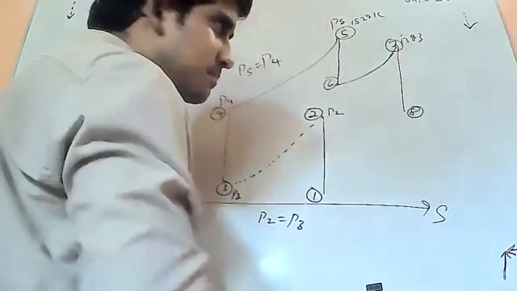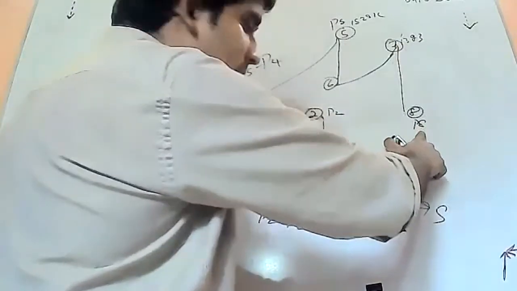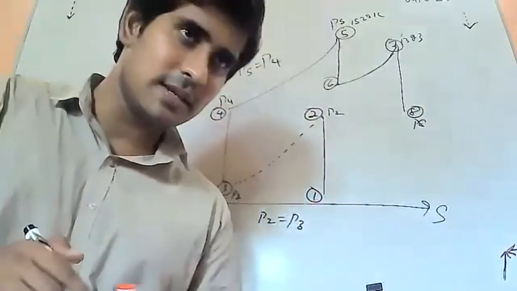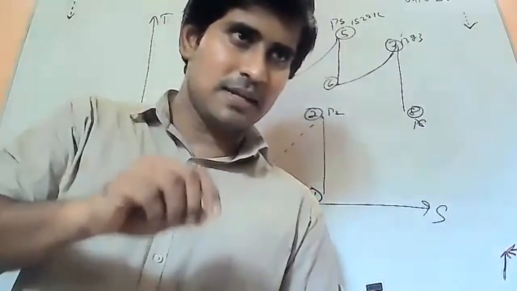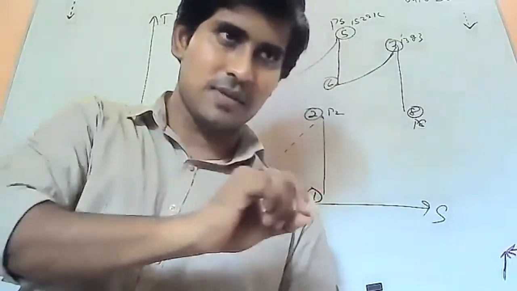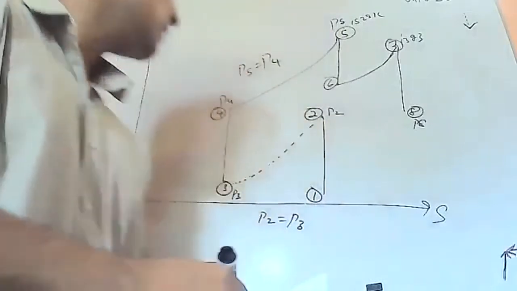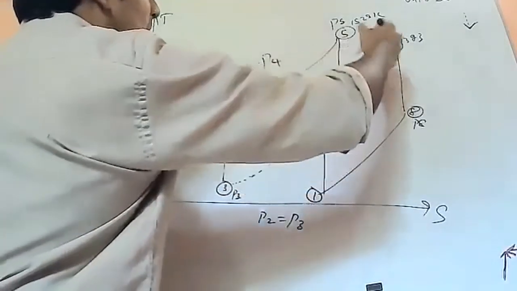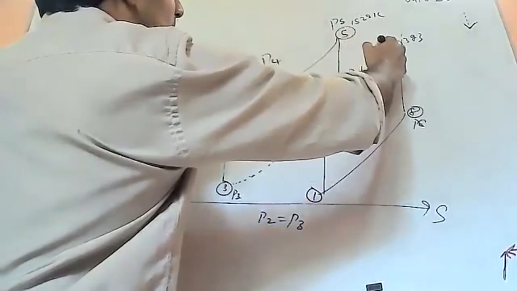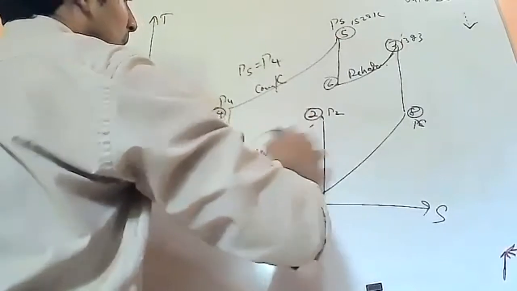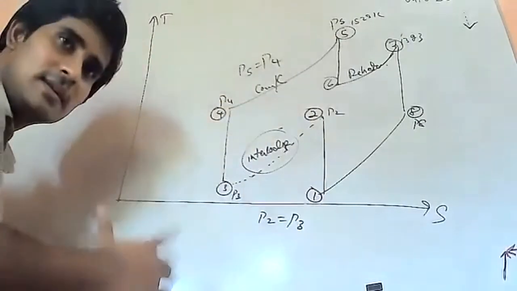Reset there. So what is that position? Position 8. But the pressure at P8 and the pressure at P1 are the same, because in the problem it is clearly mentioned the final turbine expansion occurs up to the same pressure as the initial pressure. That is the case, so then you can connect these two lines. Here we have the combustion chamber, here we have the reheater, here intercooling. Right, so now that's the scenario.